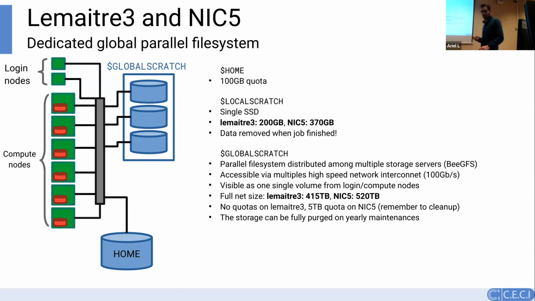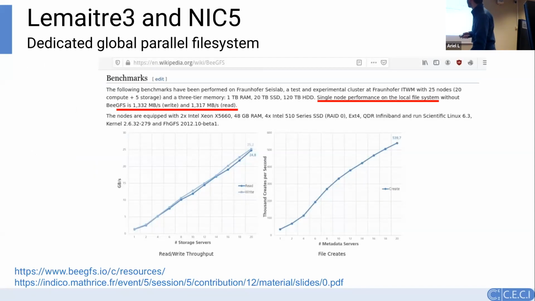So we go now to, okay, well, this is just some extra information about the BGFS file system, which is the one providing the parallel file system on Lemaitre3 and NIC5. So it's the Wikipedia entry for BGFS. You have there some